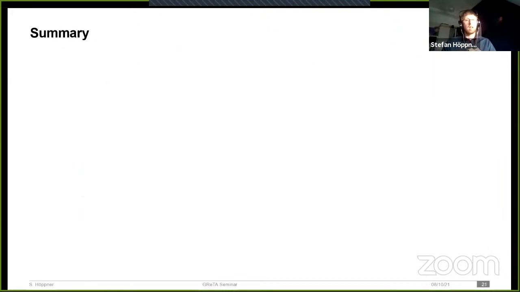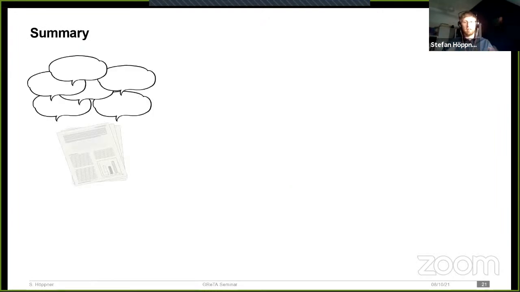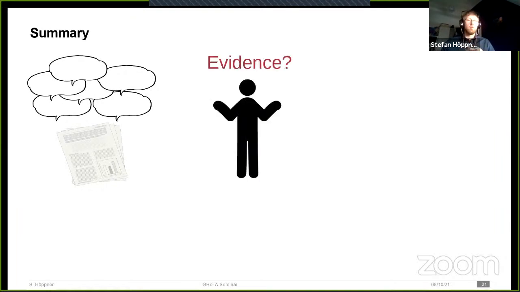Okay, concluding our work thus far and concluding my talk here, we identified that there exists a large number of claimed advantages and disadvantages for model transformation languages, and we've seen that there's little research being dedicated to substantiating those claims.